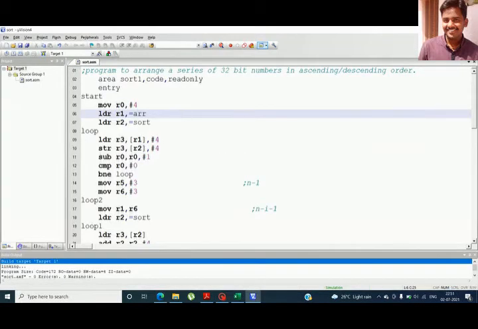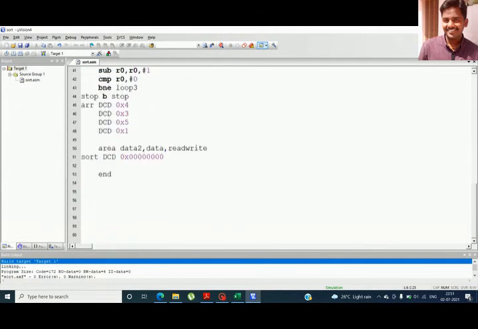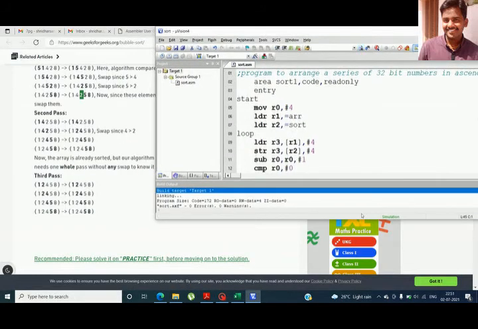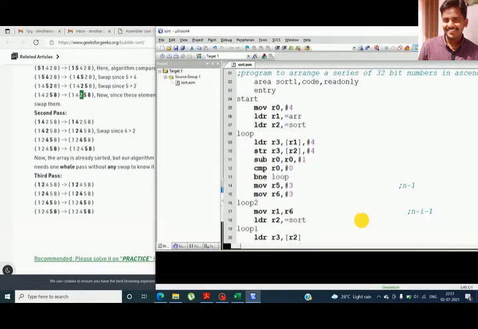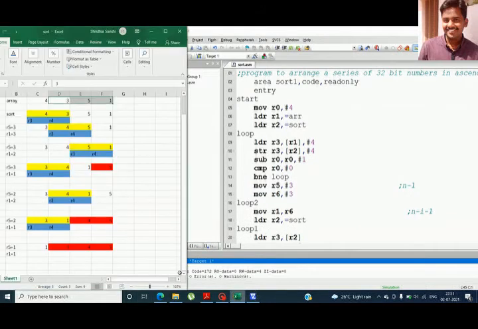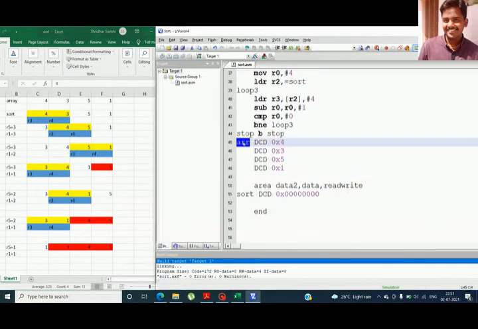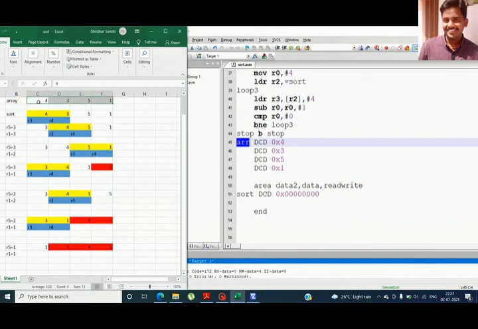First, I'm going to copy these values into my destination array. I will explain with respect to an Excel sheet so that you will understand the concepts clearly. I have taken these values in the array location. First I'm copying these values to a destination memory location, that is sort.